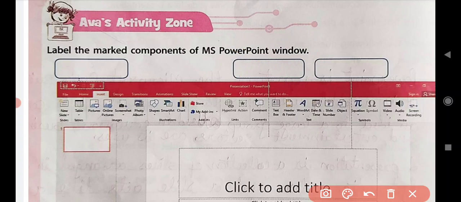Next, what is this? This is the placeholder. PLACE, place, HOLDER, placeholder. This is the placeholder. Now we will go down here, where some boxes are.